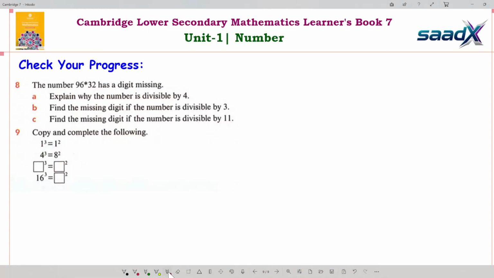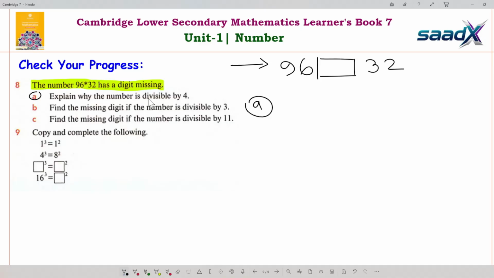Number 8 is very interesting. The number 96 star 32 has a digit missing. It means that the number is 96, then the missing digit which is blank, then 32. Okay, so this is our condition. So number A,